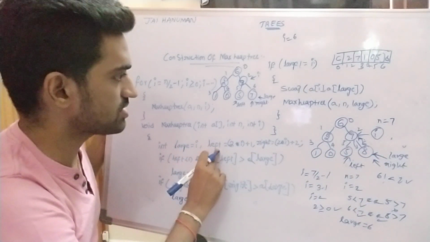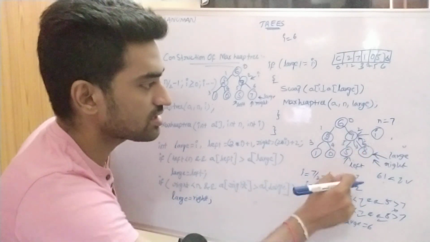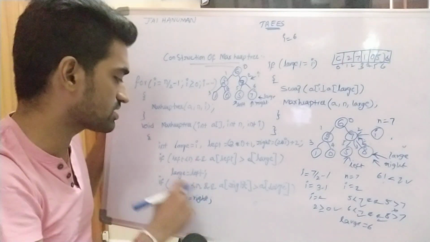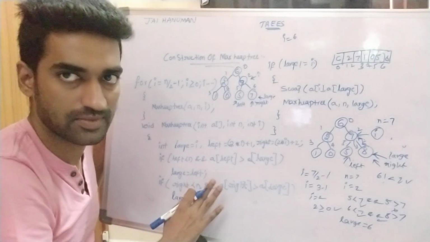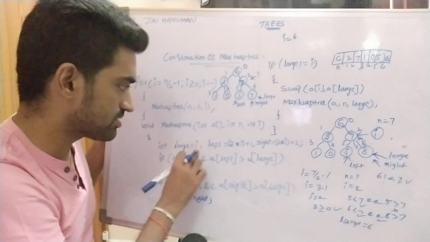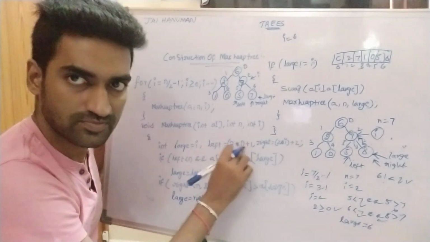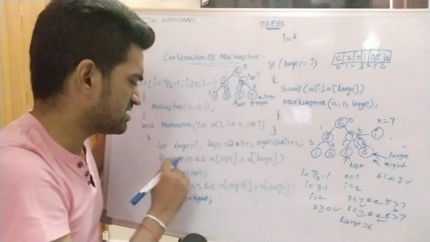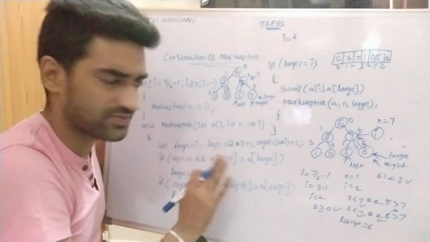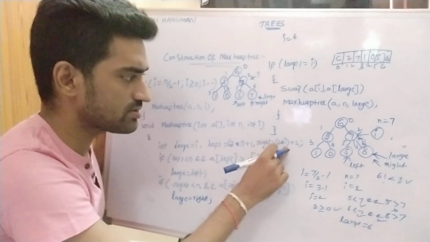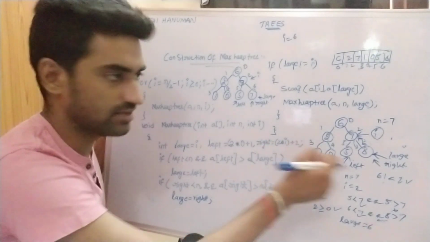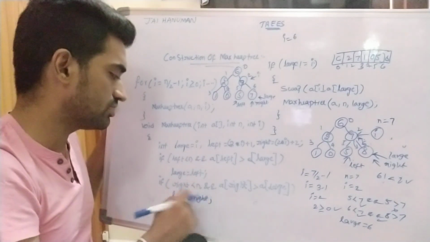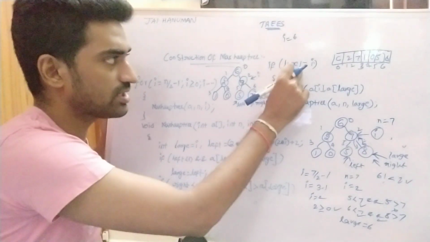So what is the next position? For this tree we are also checking next nodes, right? So here nodes are not presented. So that's why we need not check these conditions, right? So here large is equal to 6. 2 into 6 plus 1, 13. So 13th position is not presented. So once we check this condition, obviously it returns false. So what is the next position? 2 into 6, 12 plus 2, 14. So 14 is also not presented index. So there is no need to check these conditions. Directly we can pass this one.